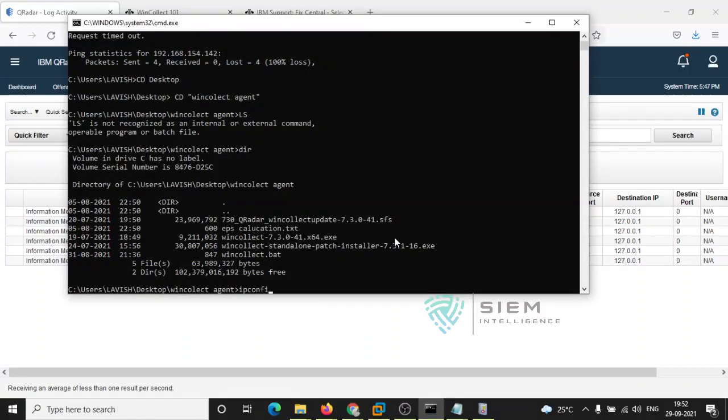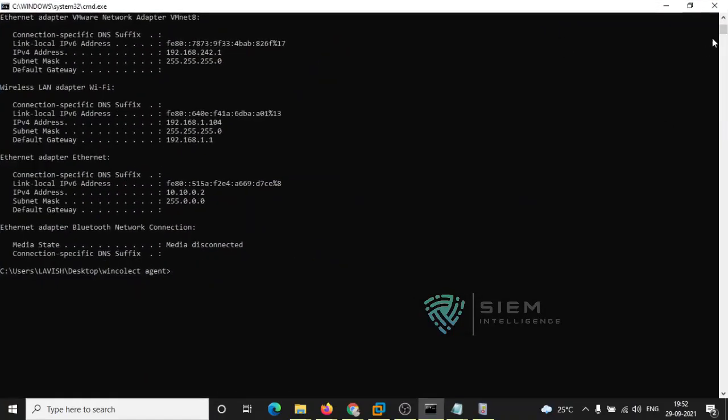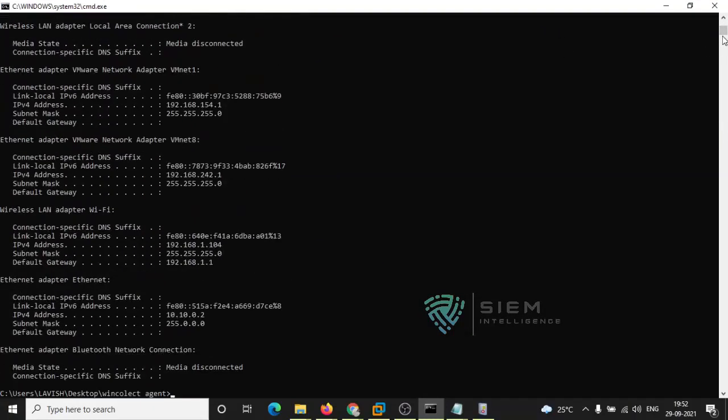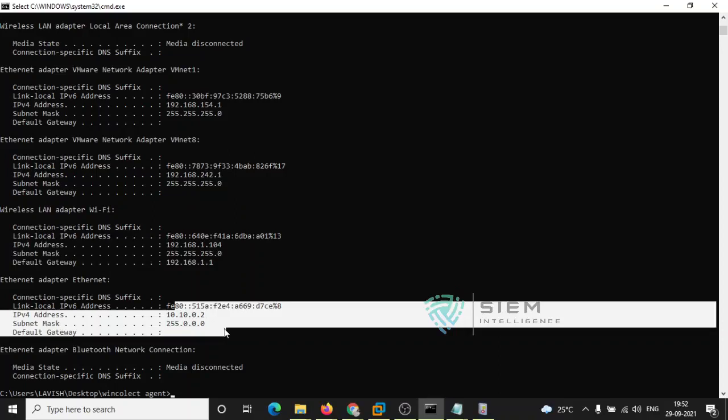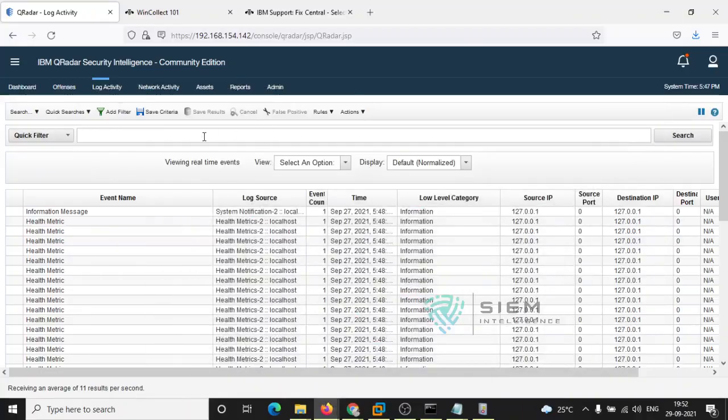Checking with ipconfig, there are so many IPs. I have multiple IPs, but here my IP will be 154.1. Why 154.1? Because my QRadar is only talking to me on the host-only IP address.